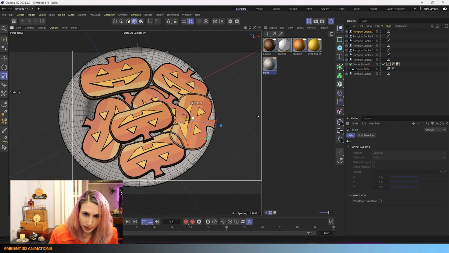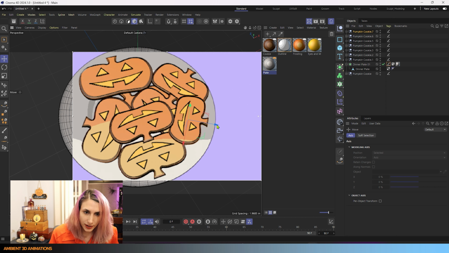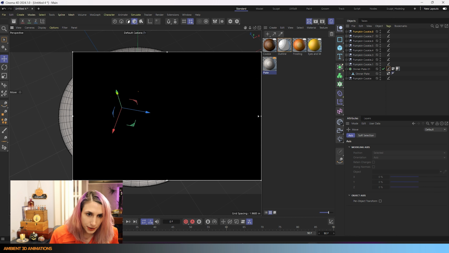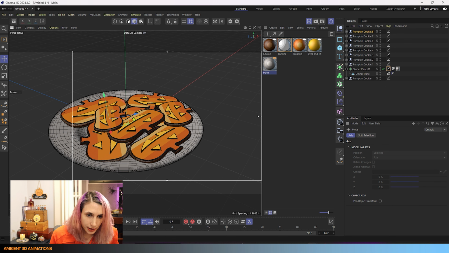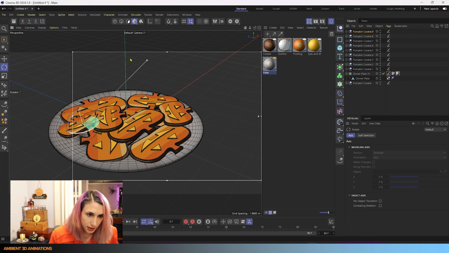I might scale this cookie down a little bit to add some variation. Maybe we can move this one up here. Turn this one around.